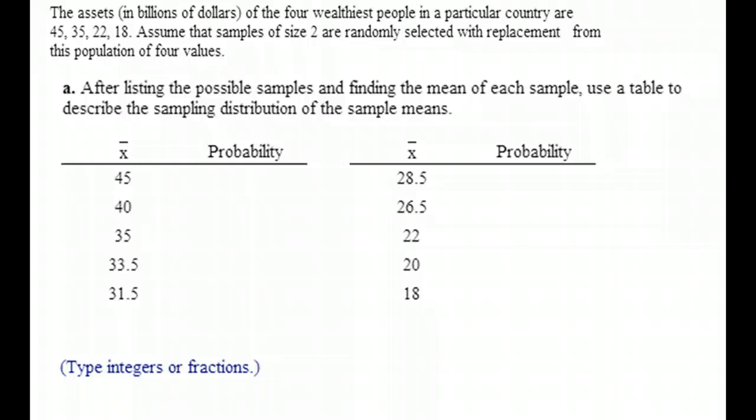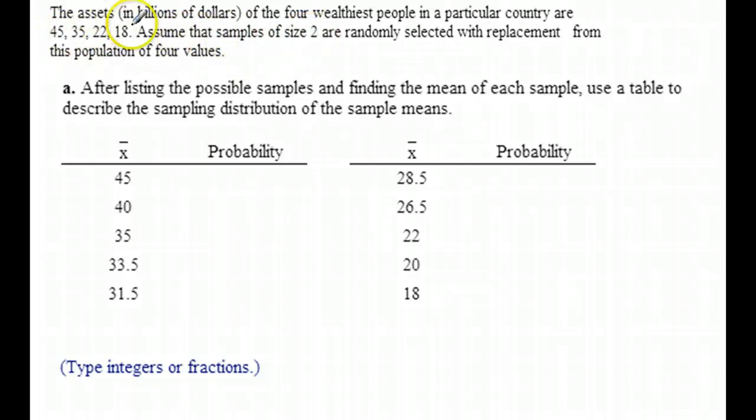Alright, now let's do this. This is one of the types of problems that you have to do in your homework. So this is the 4 wealthiest people. This is just an activity to give you the idea of understanding what a sampling distribution is. These are the 4 wealthiest people in the world. This is in the country. So this is like Bill Gates and some of the other Microsoft and .com people. Assume that samples of size 2